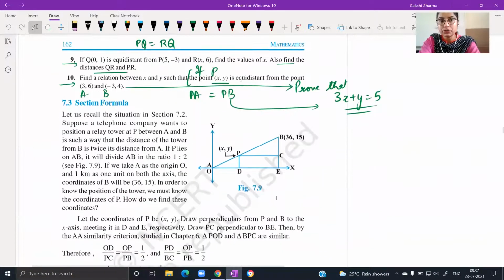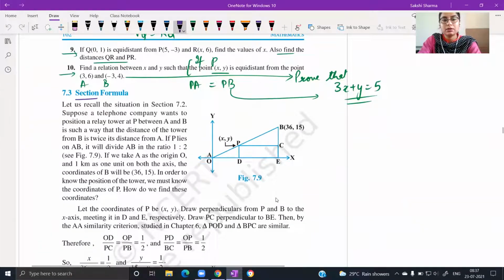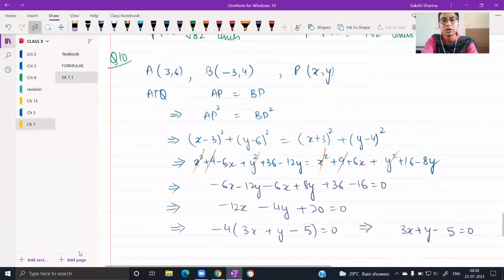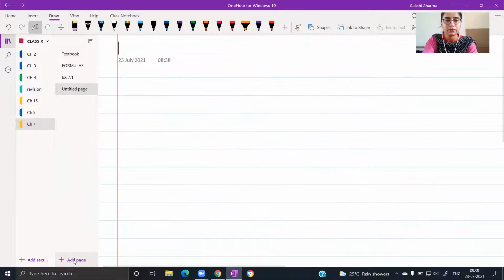After this, you have section formula. इसकी modified form है जिसको हम midpoint formula भी बोल देते हैं. So section formula means if you have a line segment joining 2 points and there is a point which lies on that line segment, that point divides the line segment in a certain ratio. Then we can find out the coordinates or the ratio, whatever is required, if the remaining values are given to us. So let's just draw a rough figure and write down the formula.